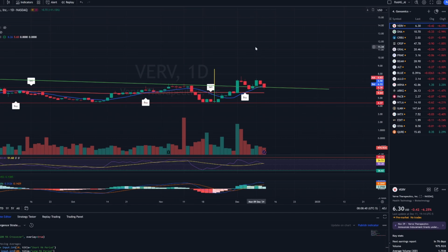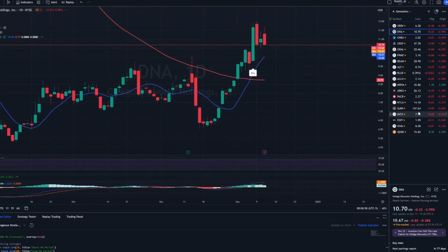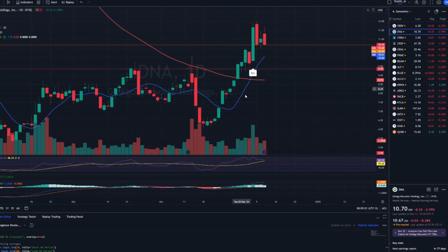But if I look at the MACD, it is tending towards the signal line to cross over the signal line in a bearish manner. Momentum is also gone to average. So I think the chances of the blue line crossing over the red line and getting into the sell zone is much higher. And then if we go to have a look at Ginkgo Bioworks, you can see that Ginkgo